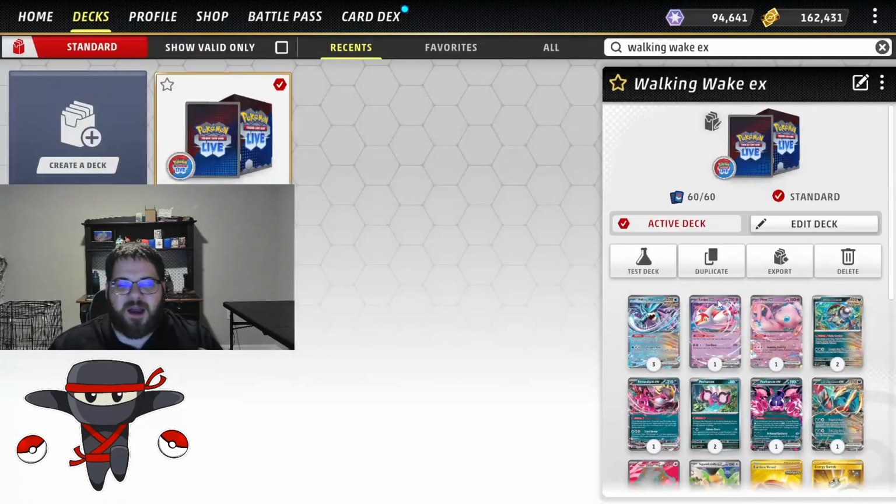So with that, we kind of took the Roaring Moon EX deck skeleton and adapted it to using Walking Wake. So a lot of the cards are similar if you are used to playing that deck. I played that deck before in challenges and cups, so I had an idea of how this deck will really work. The main difference is that we don't have the Frenzy Gouging attack consistently,